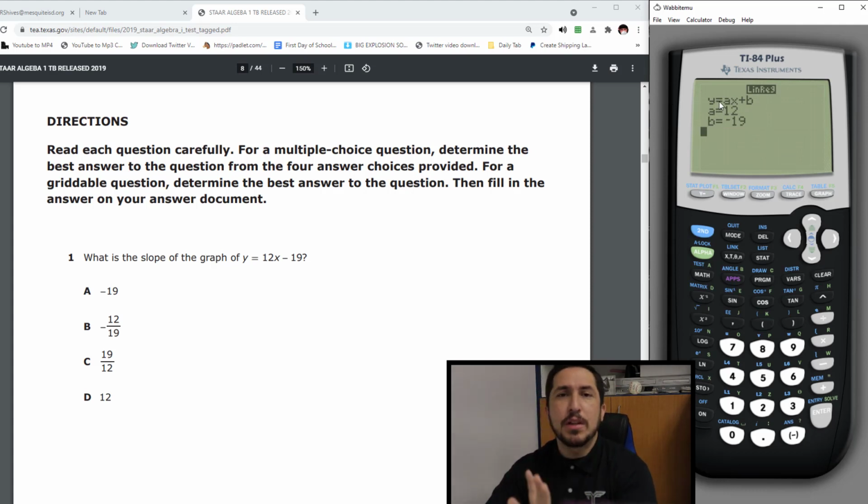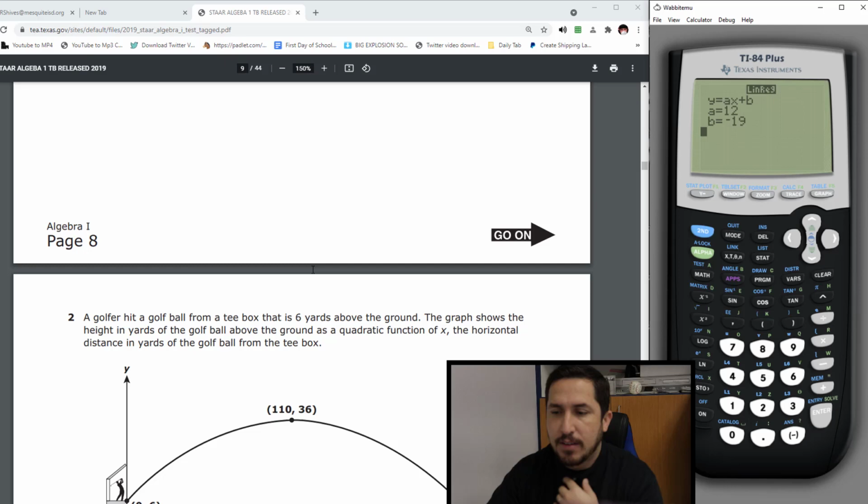Now, check this out. This is really helpful for you. It says y equals ax plus b. It says a is the 12, b is the negative 19. So the a has the x, the slope has the x. So this means that my a is my slope. It'll always be your slope whenever you do this. So my slope here is 12. So go here, find the 12, boom, got it, D. Don't fall for the mistake and say, oh, I'm going to pick this B. That's the y-intercept. That's the guy that goes at the back. So your slope is 12, you're done. All right, let's go find another one.